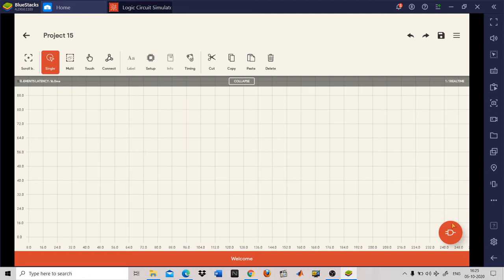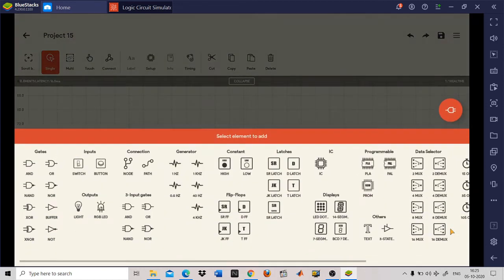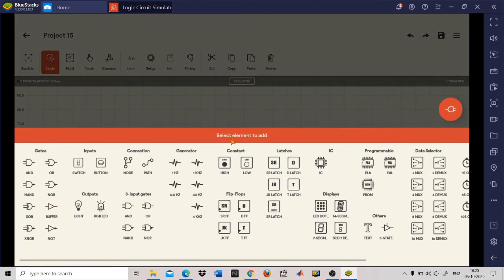So we will drag the XOR and NOT gate from this setup. Select element to add. This window has appeared. Now just click on this. Element added successfully. Now we take a NOT gate.